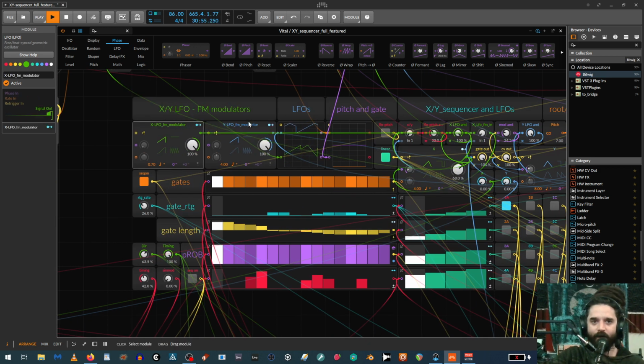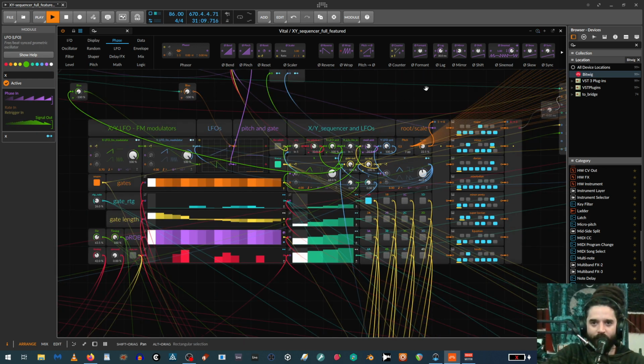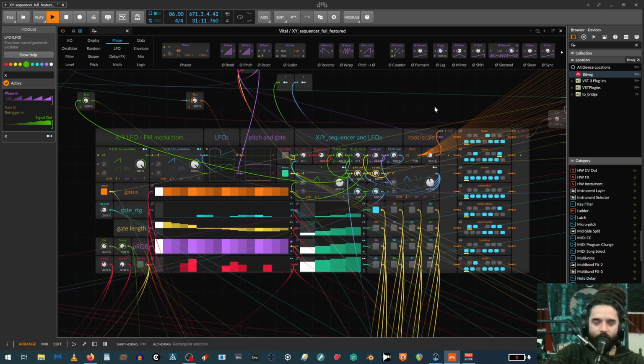So these ones over here are the FM modulators. Basically, these are the FM carriers, because in the grid the LFOs have FM inputs, which is just the same as an oscillator. It's an FM input, just at a lower frequency. Anyway, I think I'm rambling on, going over a bunch of different ideas in this video, but hopefully